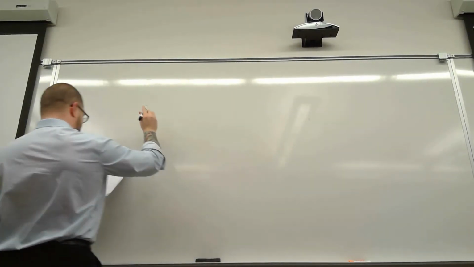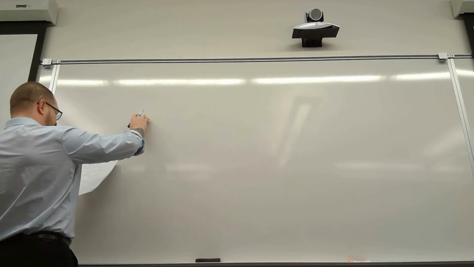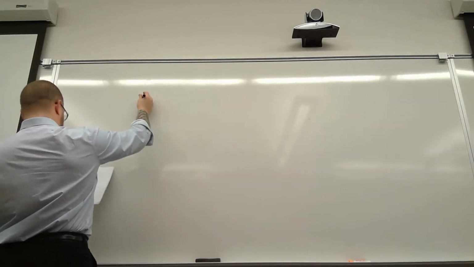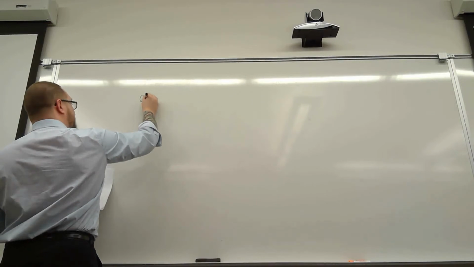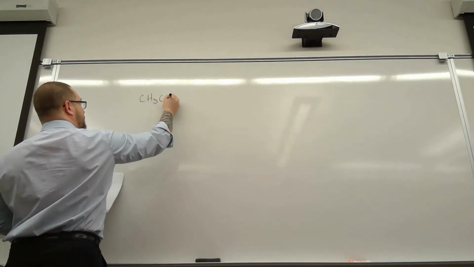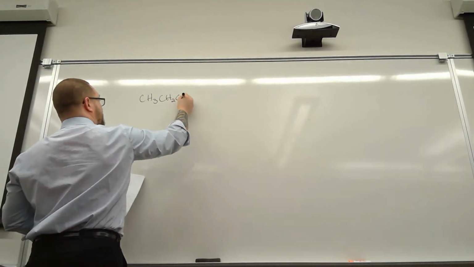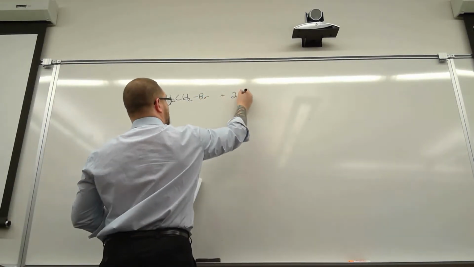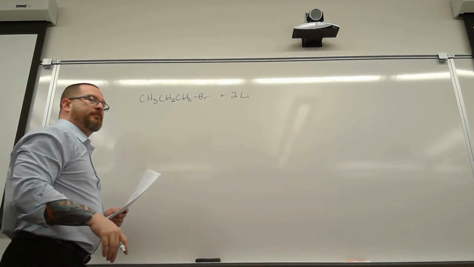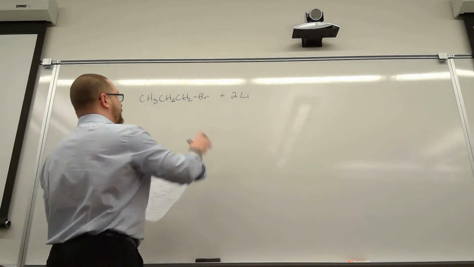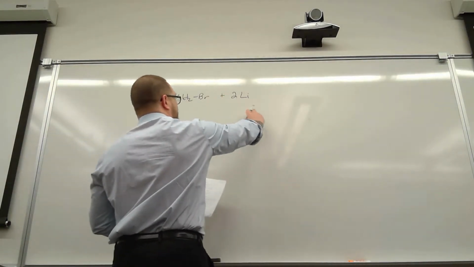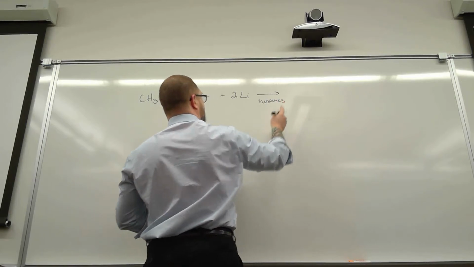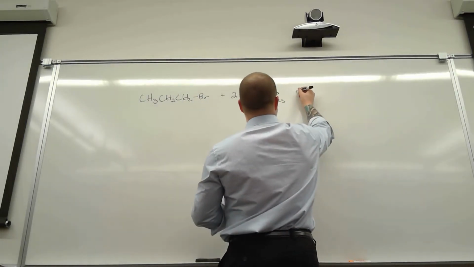So for organolithium, what you need is hexane, a really good nonpolar solvent. You need 2 equivalents of the lithium in this reaction to set it up. So for every alkyl halide, you need a pair of lithium. You run this in hexanes, and what you get